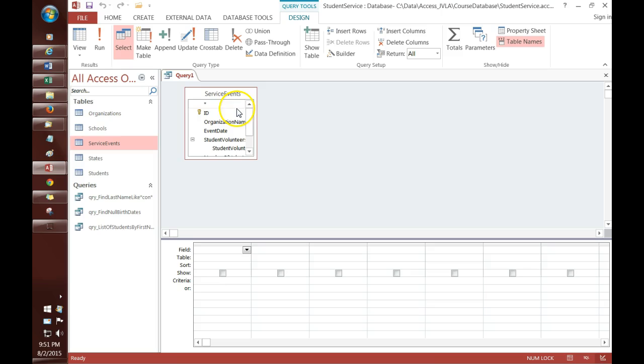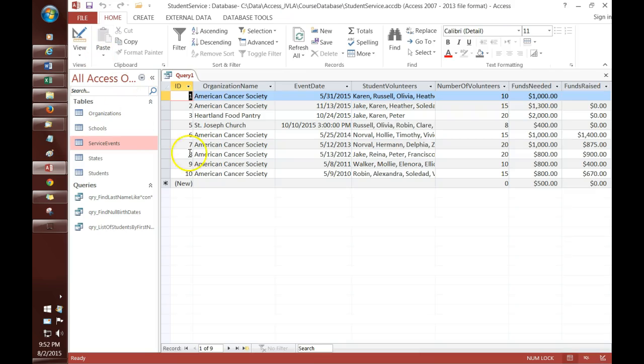And let's say I want to see all the fields on this table. I could, of course, just click and drag each field down or double click. But an easy way to do that, if you'll notice the very top thing there is an asterisk, a star. And what that does is just allow me to see and select all the fields. So if I bring that down like that and just click run with that one item in there with the asterisk, that means I'm getting all the fields. So that's a quick and easy way to do that and get all the fields. Let's go back to design,